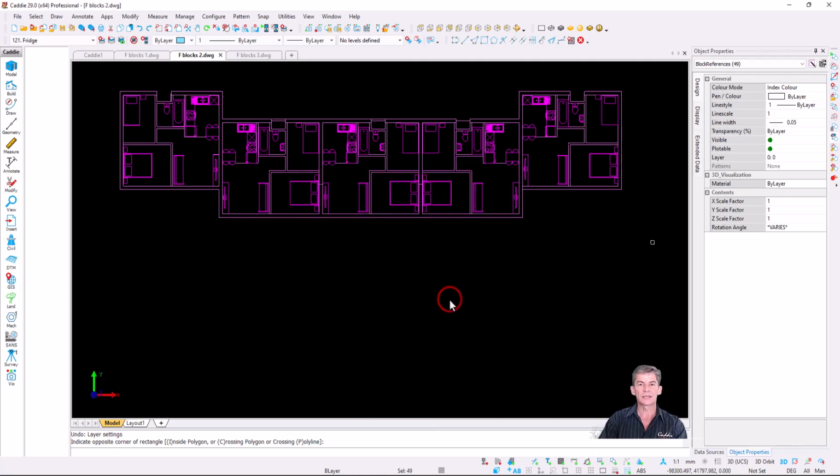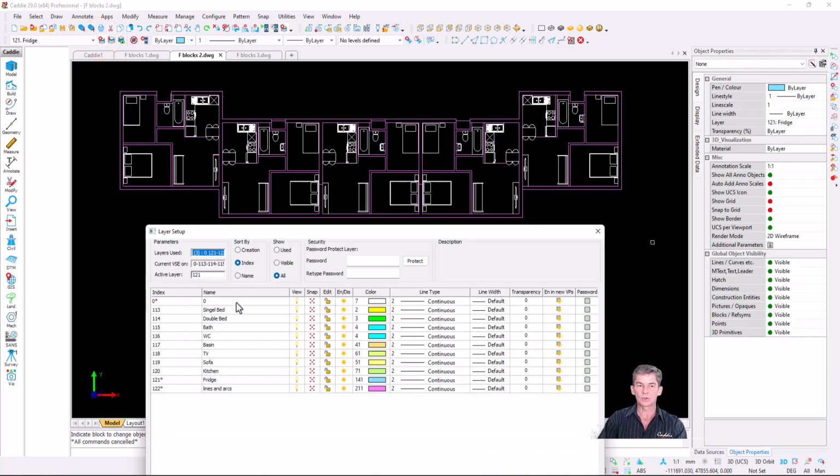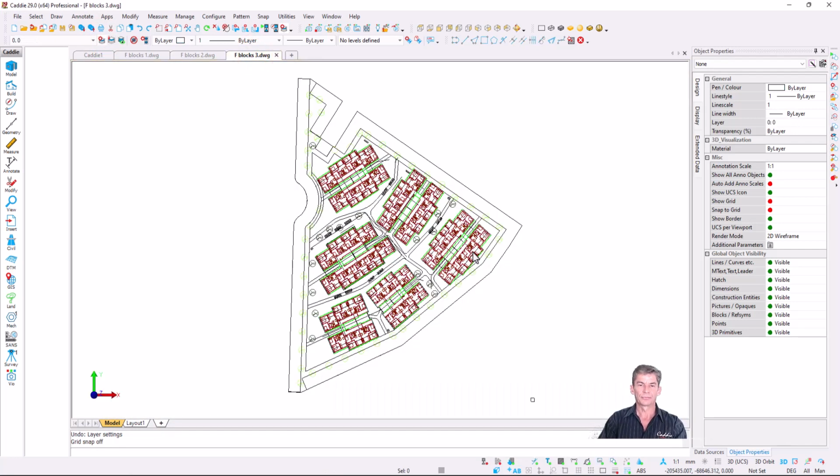I'm going to say OK, and as soon as I press R for regen, you will see that all those blocks become white, because under my layer set I've asked Caddie that when it comes to the content on layer 0, the color needs to be white. And on a more practical sample, as I start off with this video,